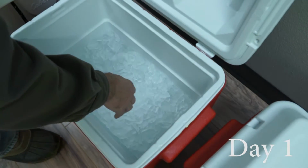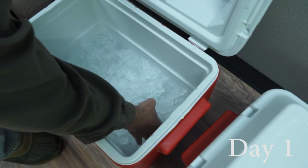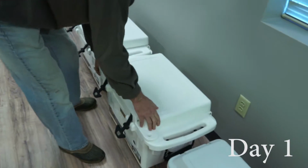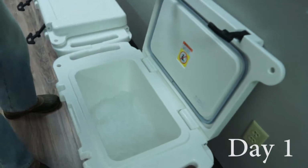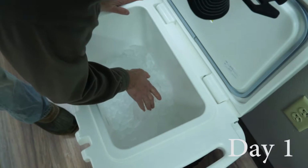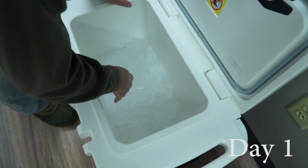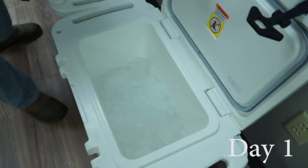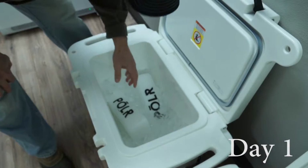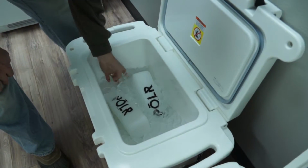Is there any water in the bottom of that? I don't know. Yeah, there is. There's already water there. Is there any water in this one? No. Not really. A little bit. Okay, and then there's that one. Did it all yet? Wow. It's actually still...